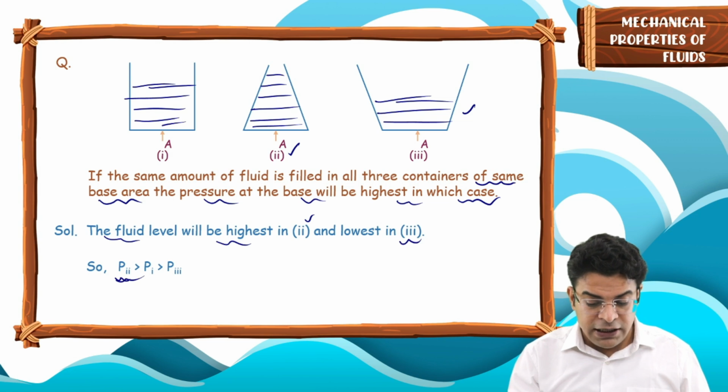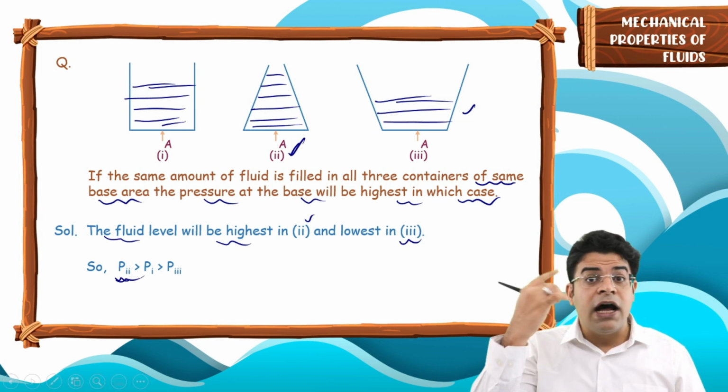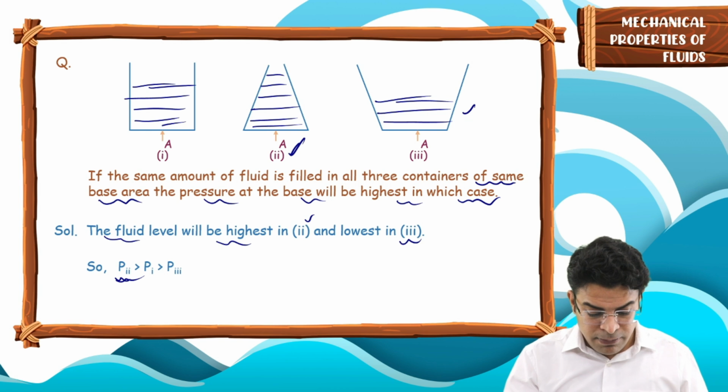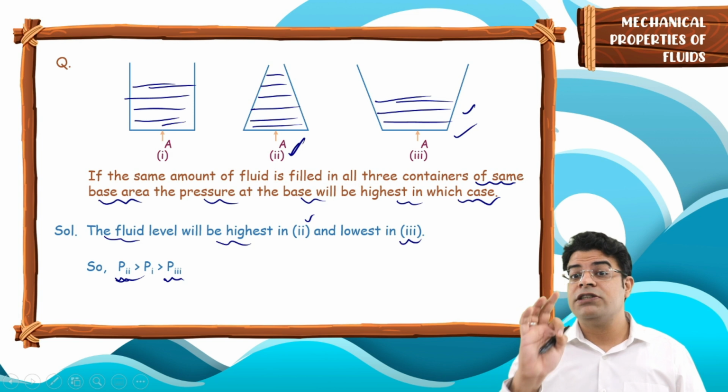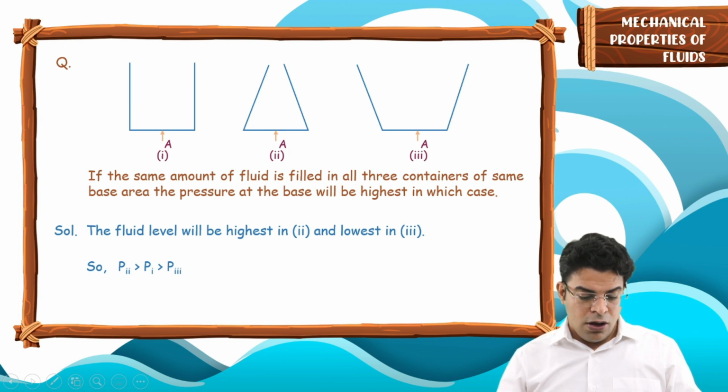Hence the pressure in case 2 will be highest because the height of the fluid is highest, and the pressure in case 3 will be least because the height of the fluid will be least, so the pressure at the base will be least. Moving on